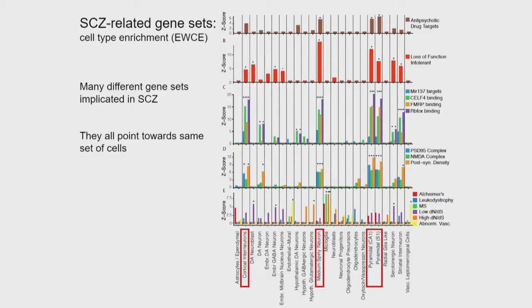In the beginning I alluded to these gene sets that had been shown to be enriched for schizophrenia risk: neurons, synapses, things that bind mRNA, etc. It turns out that if you look at those gene sets and ask in which cell types they are enriched, they are enriched in the very same cell types that were found to be enriched for schizophrenia heritability. So it's kind of a parsimonious explanation. Why do we see these gene sets? Well, both the gene set data and our data point towards the same cell types, although it's a bit circular, I admit.